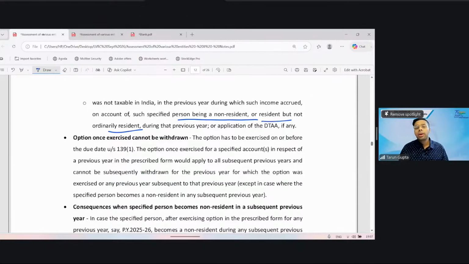So this option has to be exercised on or before the due date of furnishing return of income under section 139(1), and it shall be exercised for all specified accounts. The option once exercised for a specified account would apply to all subsequent previous years and cannot be subsequently withdrawn. Okay. And lastly,